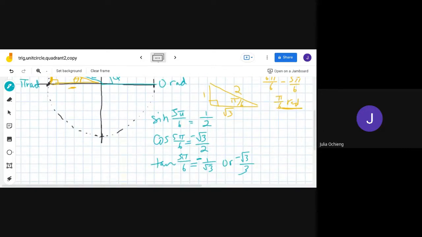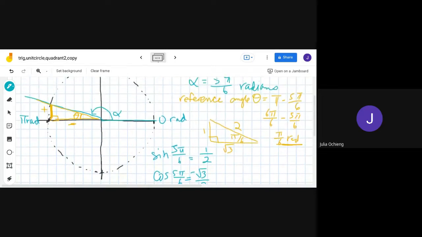Now, what does this mean for the unit circle? For the unit circle, remember that the hypotenuse is always 1. So the hypotenuse is the radius of the circle, and it's called the unit circle because the radius is 1 unit. The hypotenuse is always the same as the radius, which is from the center of the circle to the outer part. So that means the hypotenuse is always 1, which means that opposite over hypotenuse, for example,